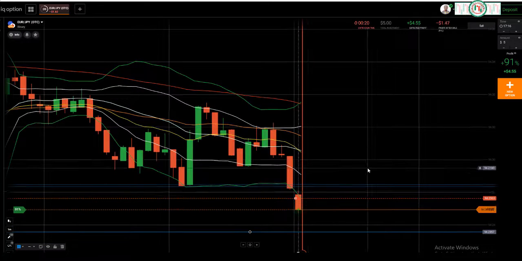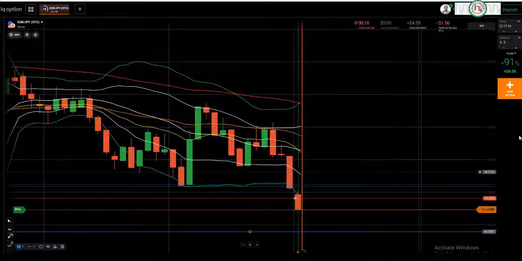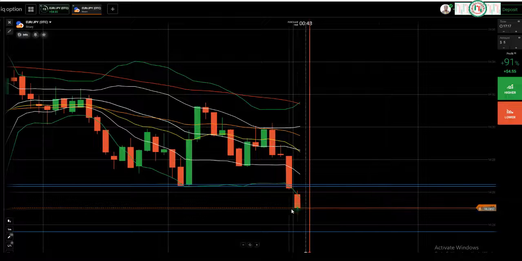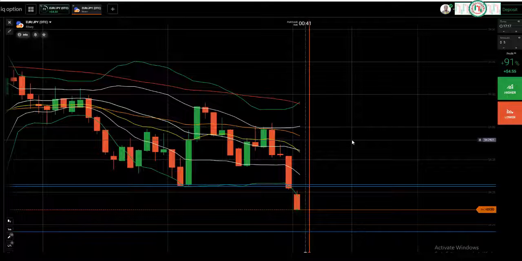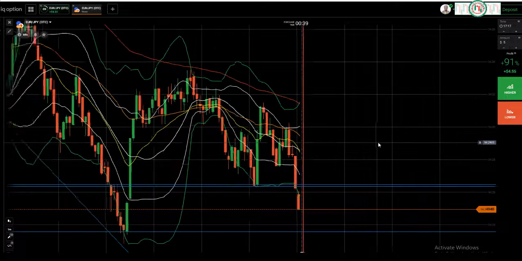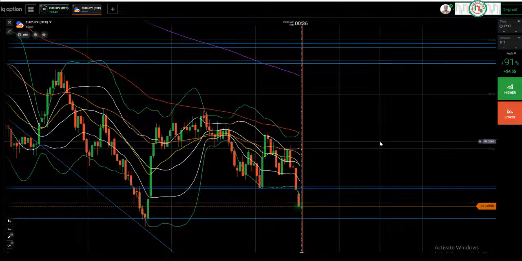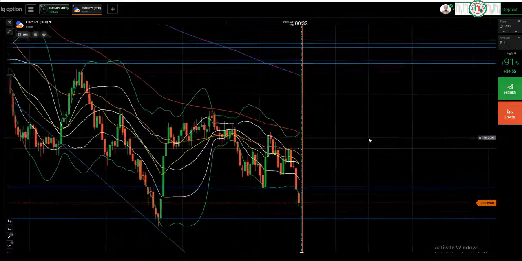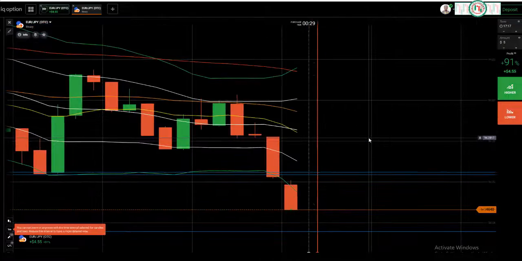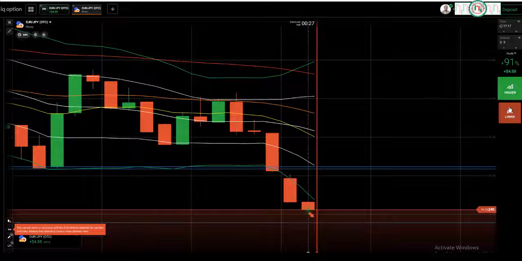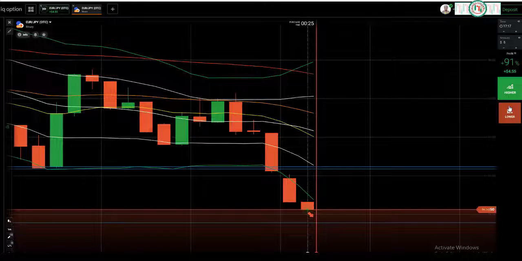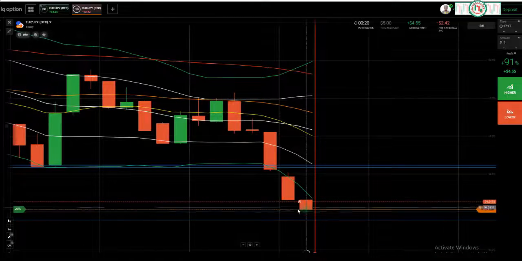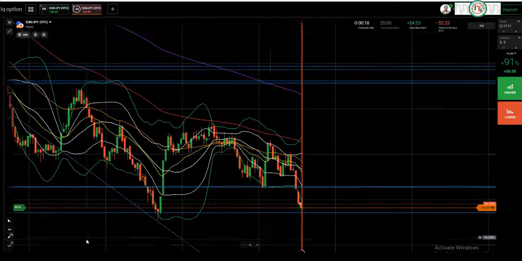See rejection from the round number. See strong sellers entry. Let's see winning trade. I'll place put option. Yes, I place put option here because next level is here